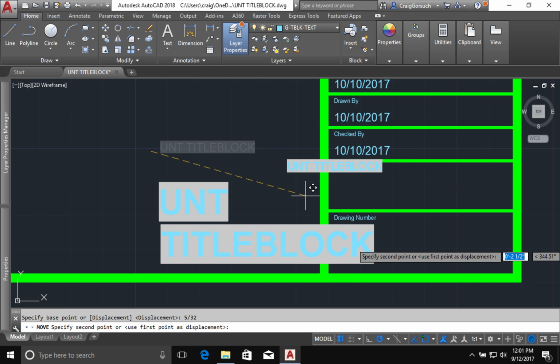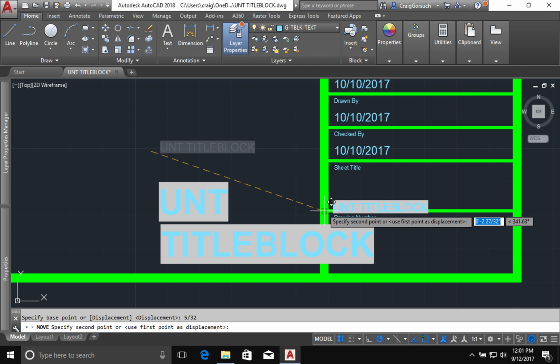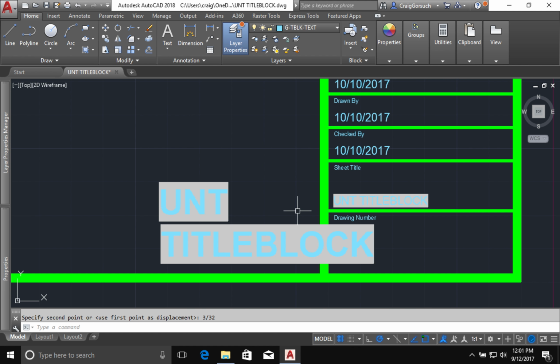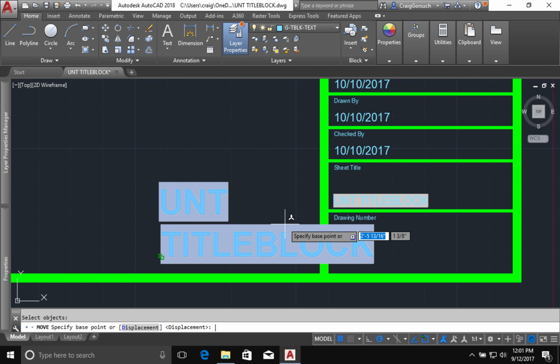Come down to this end of that line. Hover over that endpoint. Move my mouse up. Type 3:30 seconds. Return. There we go. It's perfectly in place where I wanted it. We're just going to repeat the process on this big piece of text. M for move. Select the object. Push return. Come down here to where the insertion point is, hover over it for a second so I get my object tracking, type in 5:30 seconds, push return,